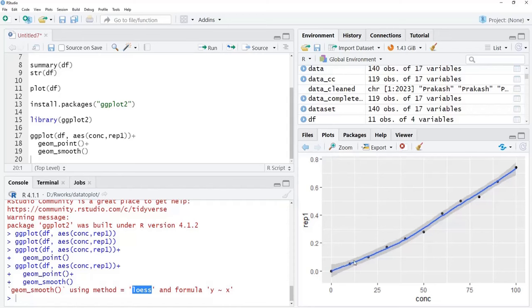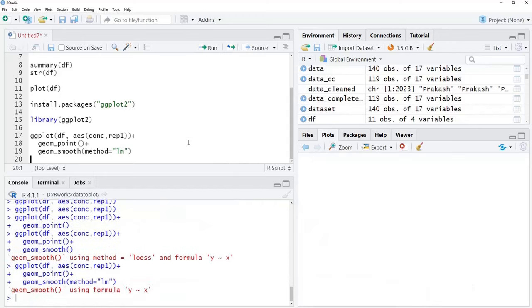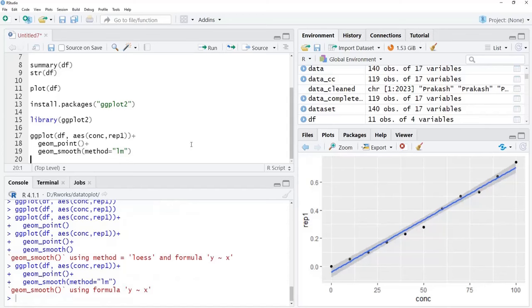If you want a straight line, we can add the method argument. Method is equal to lm. Okay, we'll get a straight line. Now I want this straight line to pass through 0. And for that, I want to specify a formula, because it's a colorimetric assay. It obeys Beer-Lambert's law. Therefore, the concentration of 0,